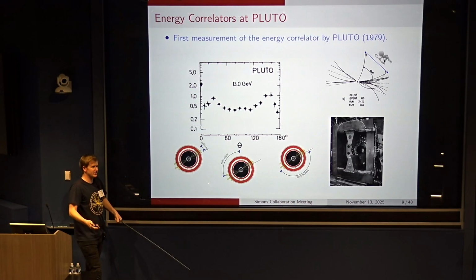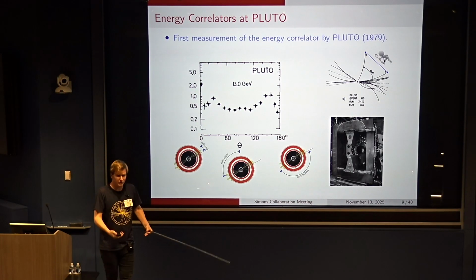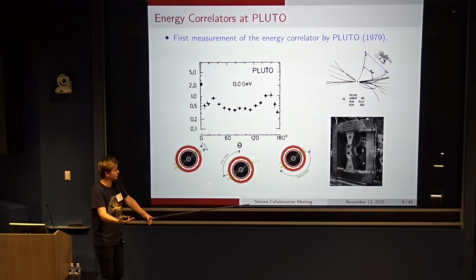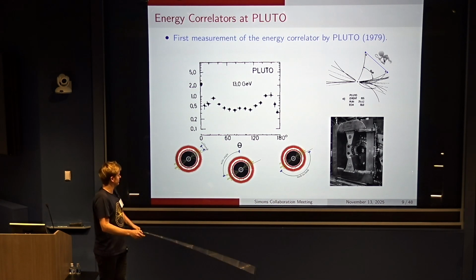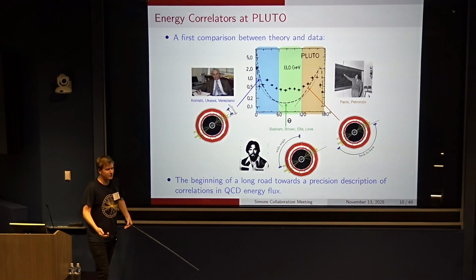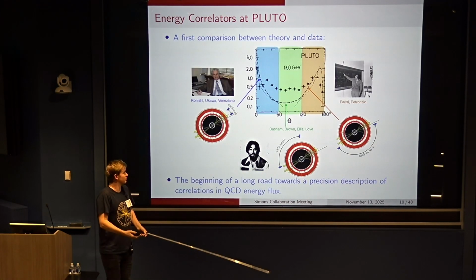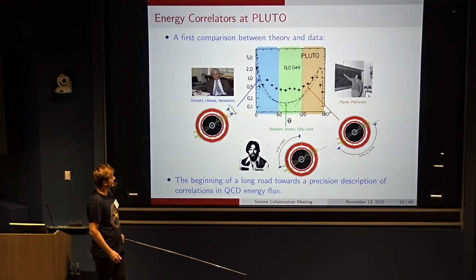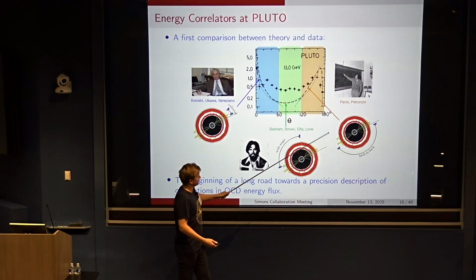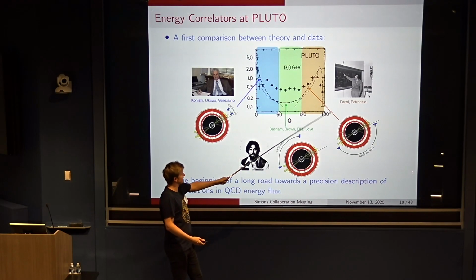And so because I emphasized that this was something that is really calculable in QCD, you should be able to directly compute this and compare with what you get in real world or in the data. And so this was done very early on. And there was actually a huge amount of kind of theoretical firepower which went into trying to make this first kind of theory data comparison. So in particular, it was computed in this limit of the kind of two detectors coming back to back by Parisi and collaborators.